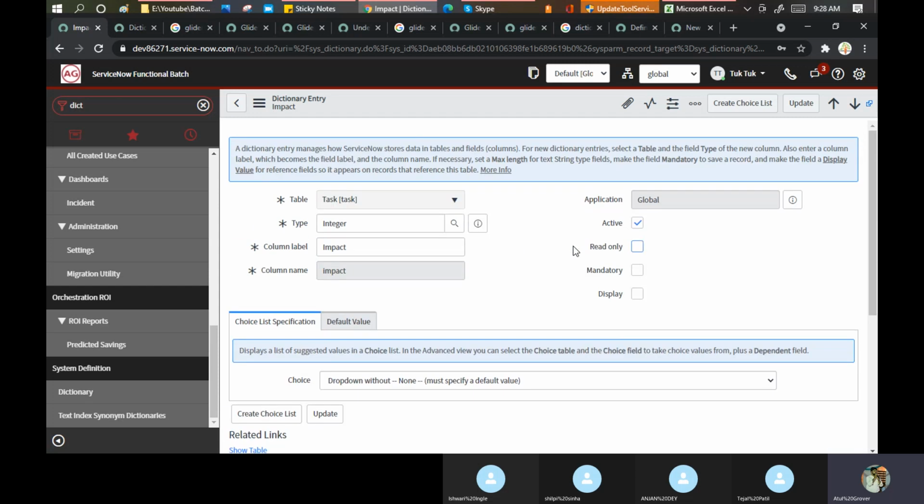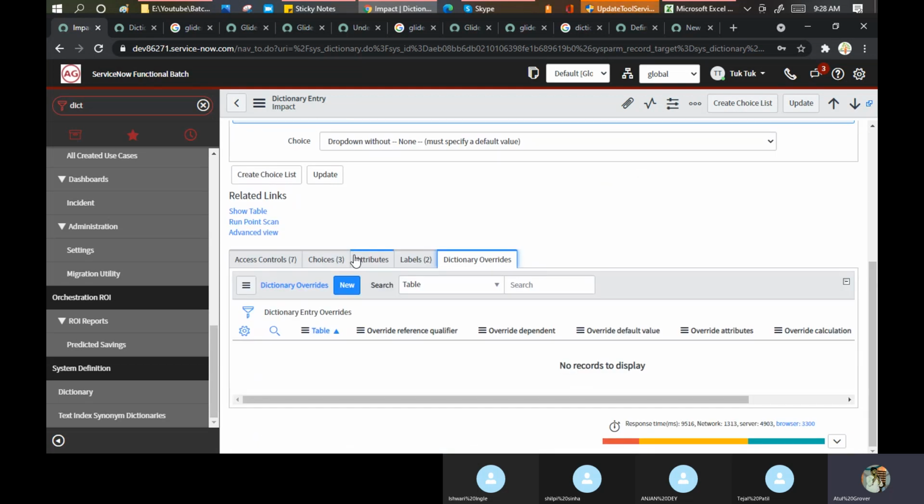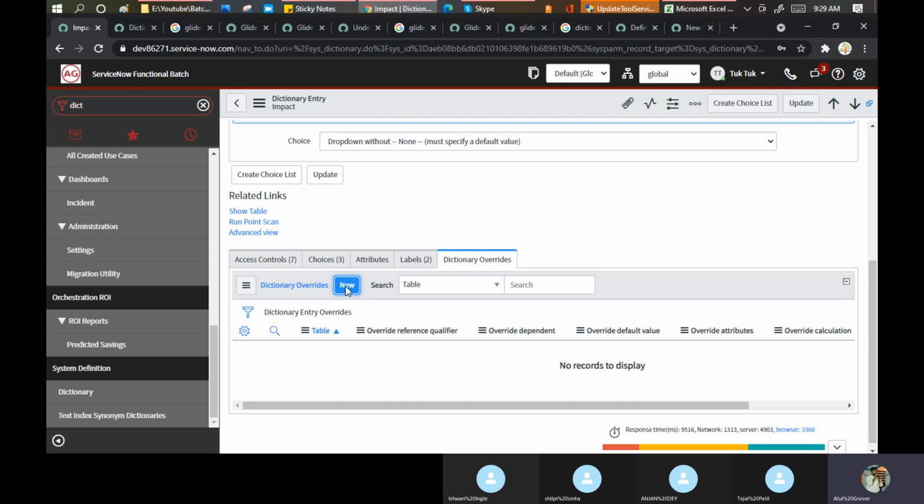So what I'm doing basically here, on the task table I have an impact. Okay, and I want to make the change in that. Oh, okay. We are doing it on the child table. It should be on the parent table itself. And dictionary override. Click on the new here.